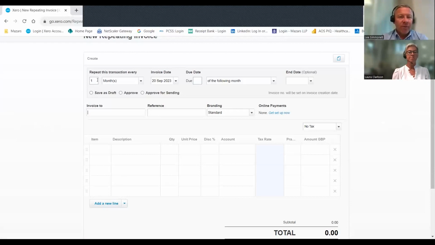So what we want to do is repeat this every month. So once every month, and you can choose the invoice date, which tends to be either the middle of the month or the end of the month. Okay, so we set that date up there. What I then do here